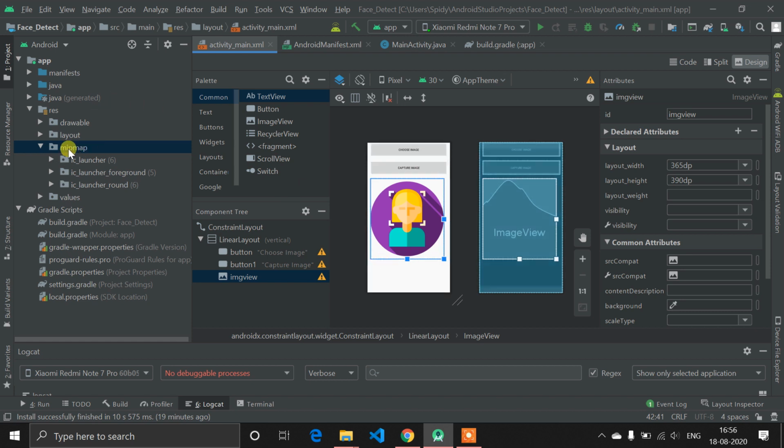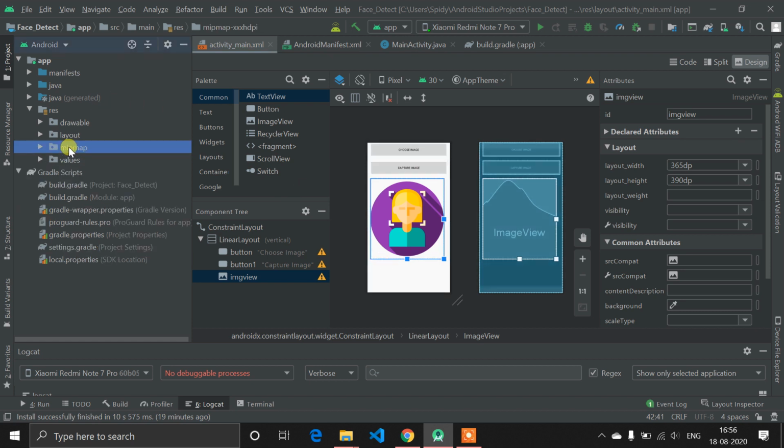Most beginners don't know where the activity_main.xml is, what the Java file is, or what the main activity is. So let me explain in a simple way. In the res folder, which is the default hierarchy of every Android project architecture, there is a layout folder.